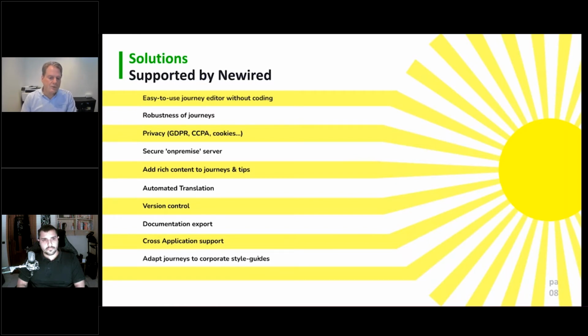And we are able to adapt the look and feel to the style guides of the customer. So people might even miss the fact that this is an external system because it looks more or less the same as the system itself. Same colors, same fonts, same appearance. And last but not least, managing the reviewing, the approval, and the deployment process of the journeys. Gianluca will show you a little bit about this from the portal that we have.